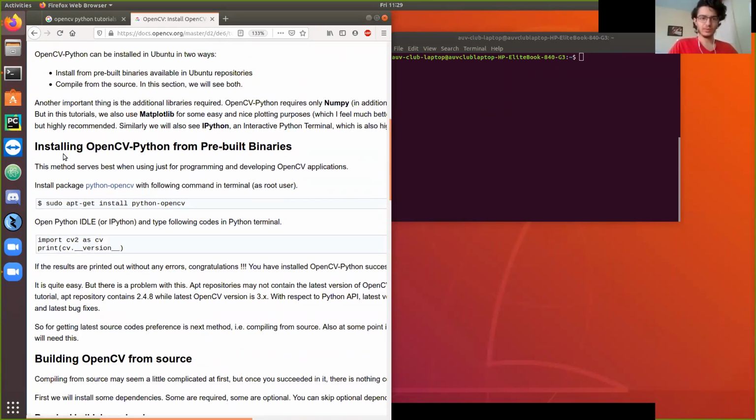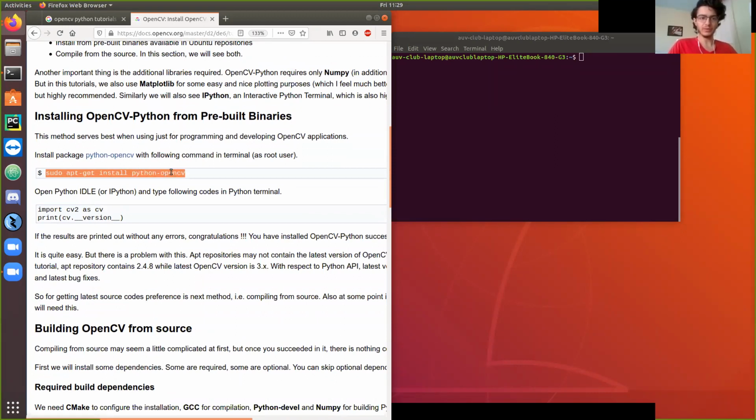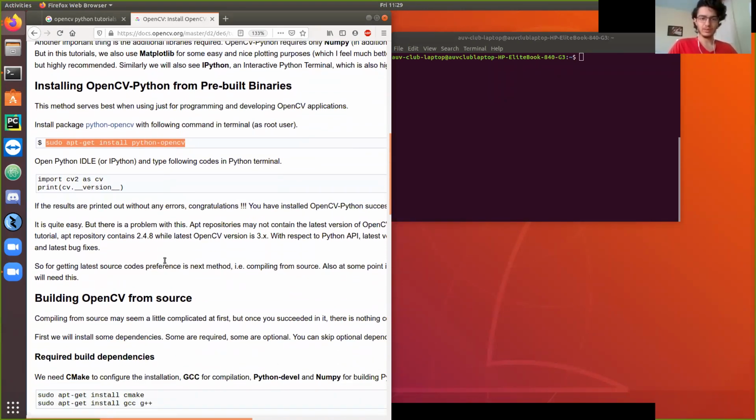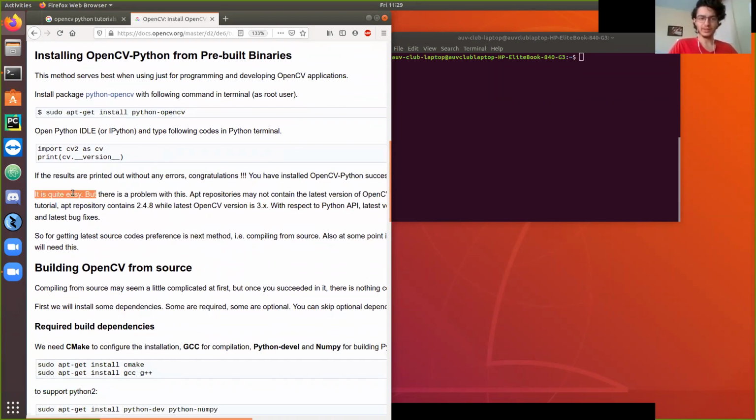So really, the only line you would have to run is sudo apt-get install python-opencv, and that would be it. If it works after that, then you're perfectly fine. You're set up. But it says here in the description that while this is easy, it might give you an older version of OpenCV. So if you make a Python file and run these two lines, you print the version of what you have, and if it's an older version,